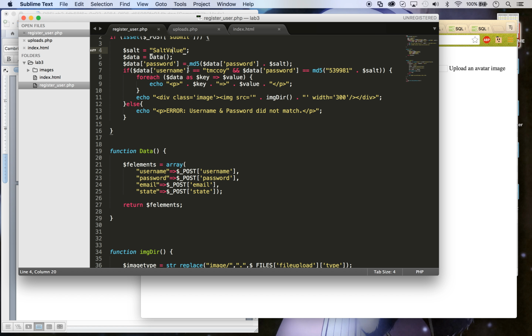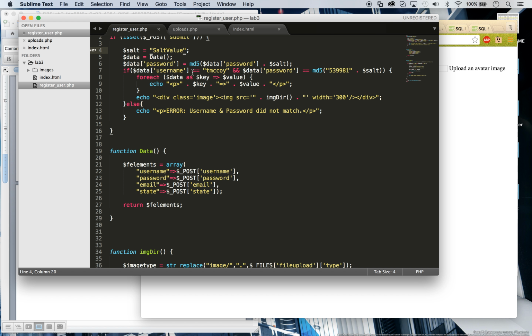And then this is the if statement to validate the form, or the username and password anyway. The data username is set equal to the username I put, which is just T McCoy, and then the password is set equal to the encrypted password plus the salt. And then inside that I made a for each loop, and